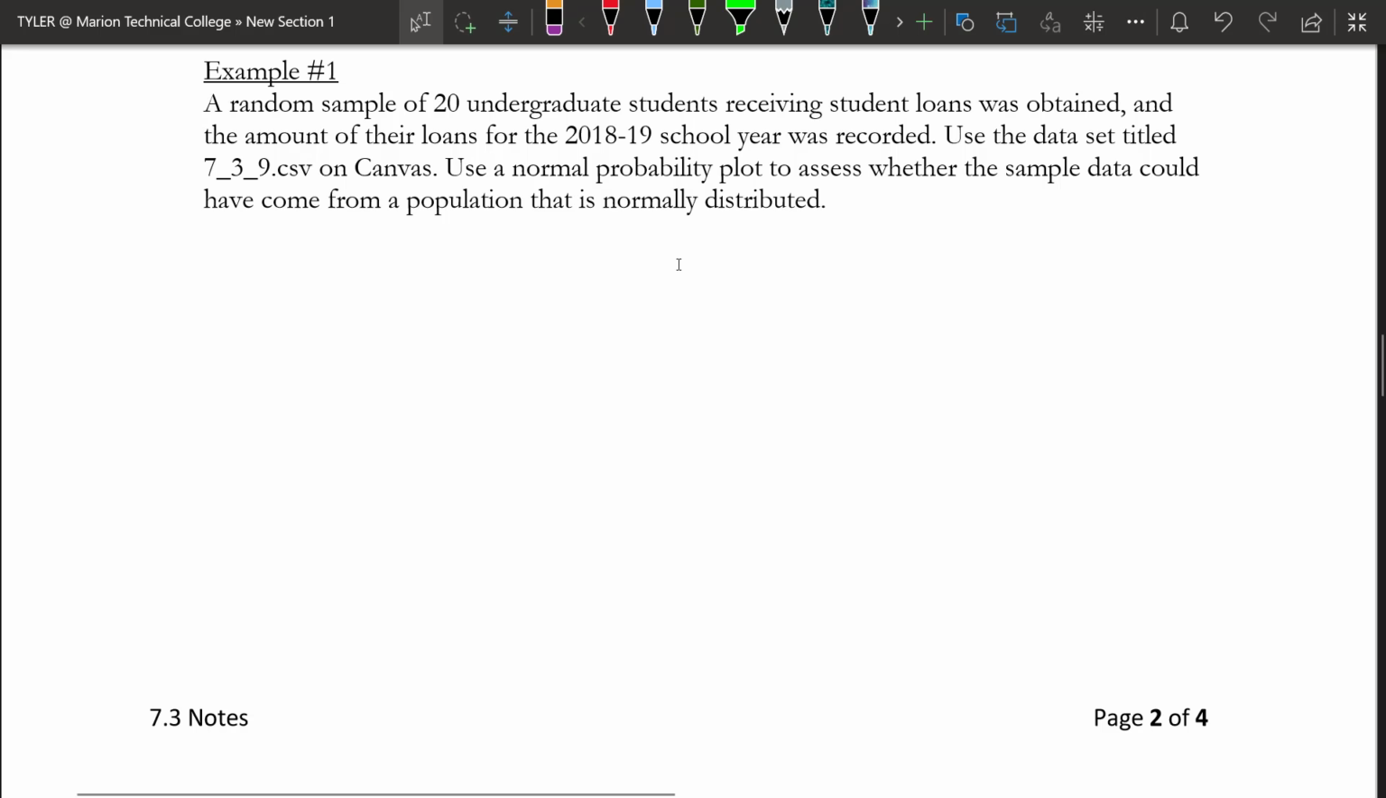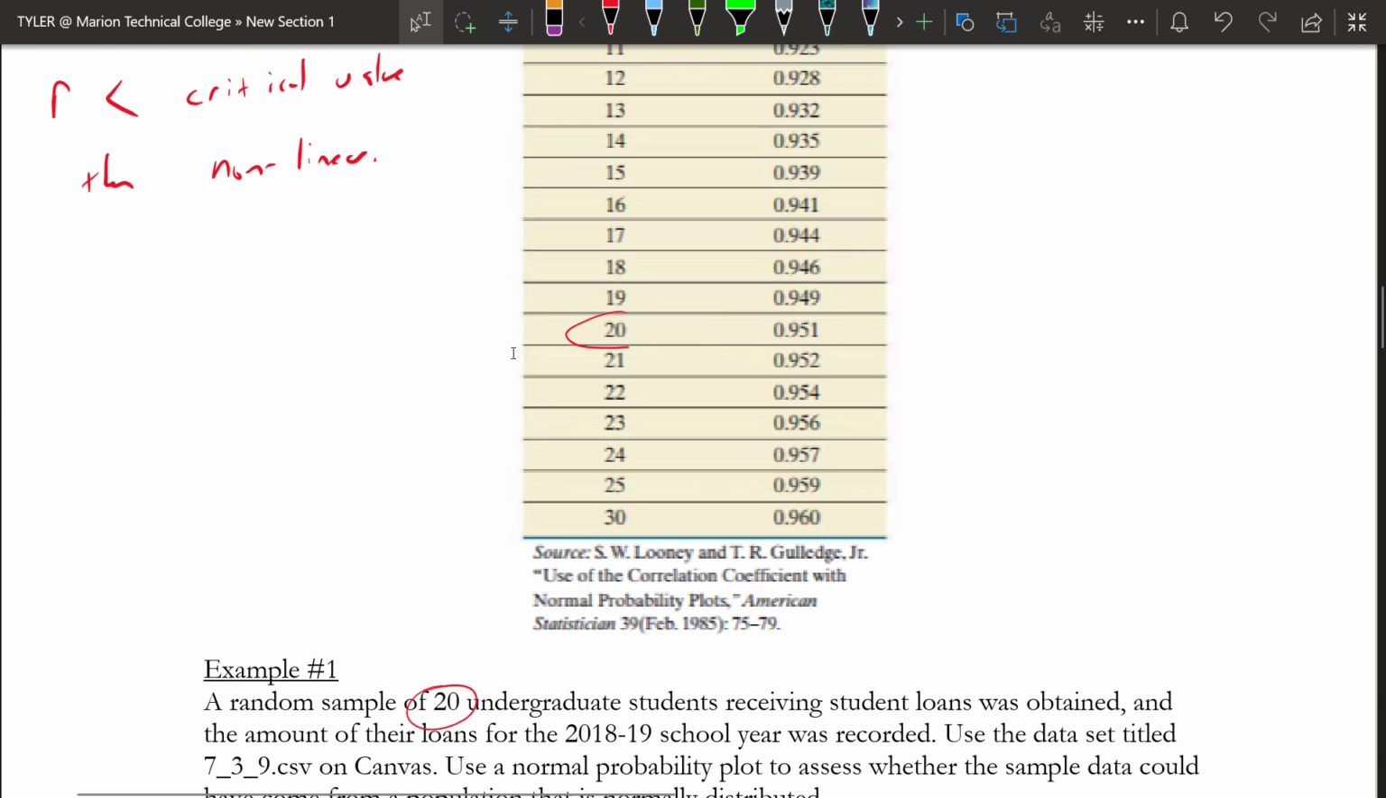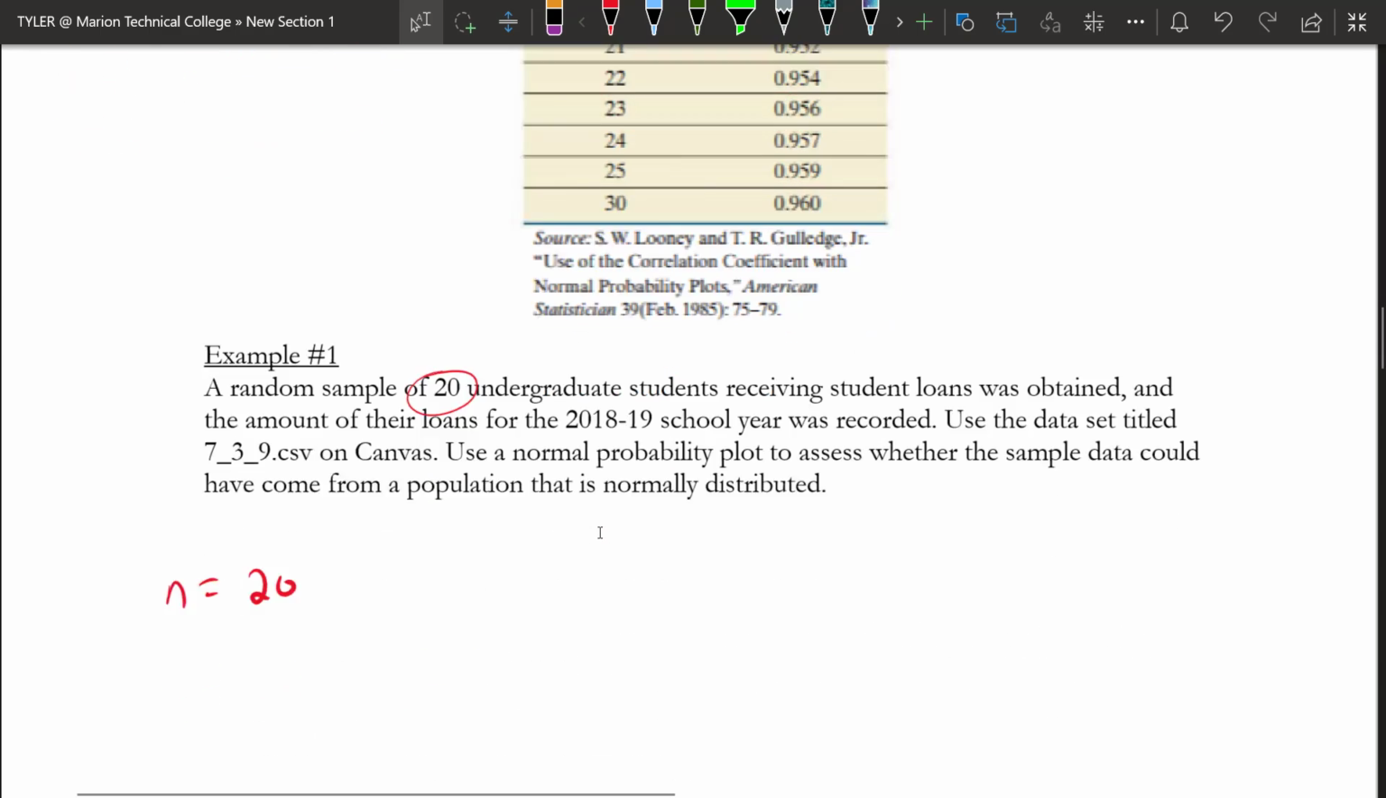So I have some examples. Example 1: a random sample of 20 undergraduate students receiving student loans was obtained, and the amount of their loans for the 2018-19 school year was recorded. We want to use this data set titled 7_3_9.csv on Canvas and use a normal probability plot to assess whether the sample data came from a population that is normally distributed. Since we have 20 undergraduate students, my n value equals 20. If I look up at the table, the critical value for n equals 20 is 0.95,